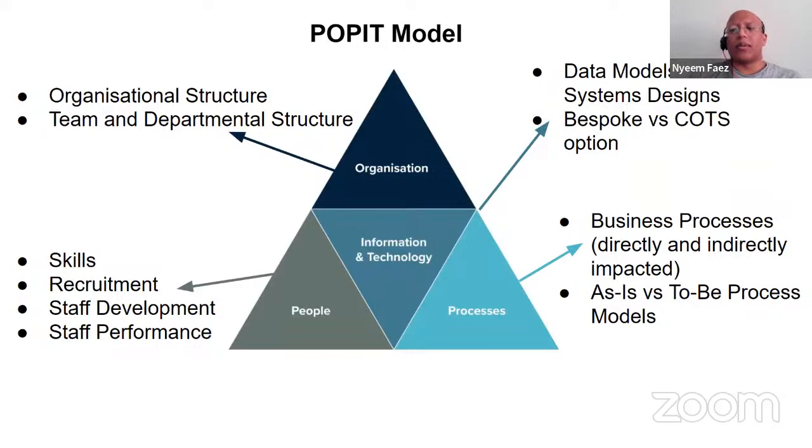From a process perspective, just because we're improving a certain process within the business doesn't mean that it might not have direct or indirect impacts across other business processes that it's related to. And from an IT perspective, we need to understand what our current infrastructure requirements are, what the current system designs are, data modeling, all sorts of things we need to take into consideration for the technical requirements involved in this change